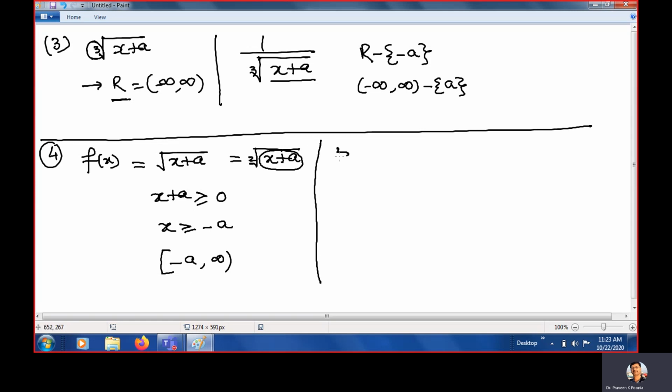But on the other hand, if I take this denominator, meaning the quotient function, if I change it to 1 upon x plus a, I told you we cannot take it equal to 0. If it is 0, this is not defined. We do not know such numbers where 1 upon 0 is there. Clear? So what do we do in this case? We will do the same as before, but we will put only greater than. We will not take equal to 0, because if we put equal to 0, that is not defined.